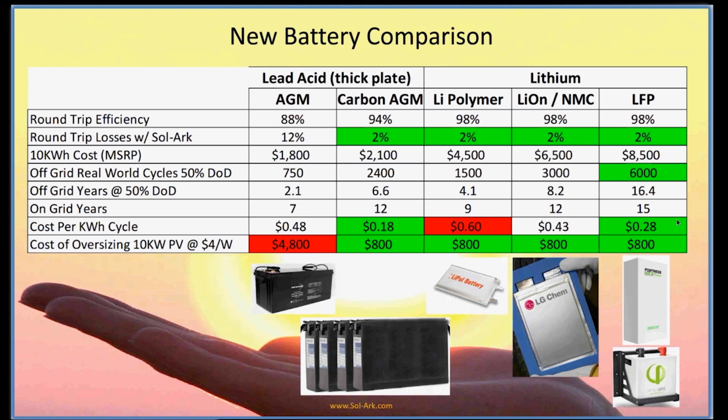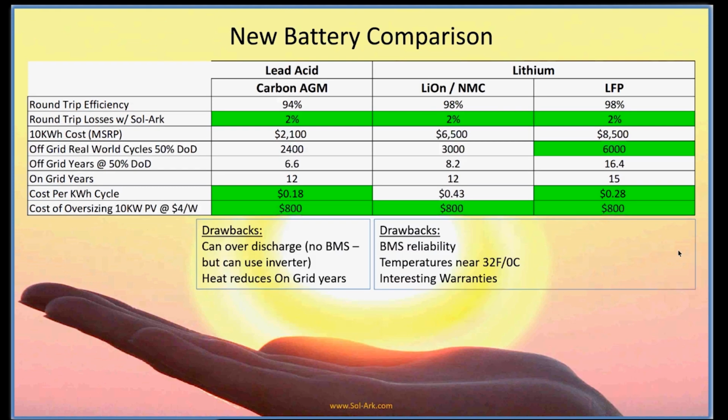Where we get a better return on our investment is spending a little bit more money and getting a lithium iron phosphate battery. That gets us to about 6,000 cycles, real world, or about 16 years off-grid. And the costs are pretty decent, 28 cents per kilowatt hour, and not much losses, and it's a very safe technology. So I'm just going to focus in on a couple. So if we look at lithium,